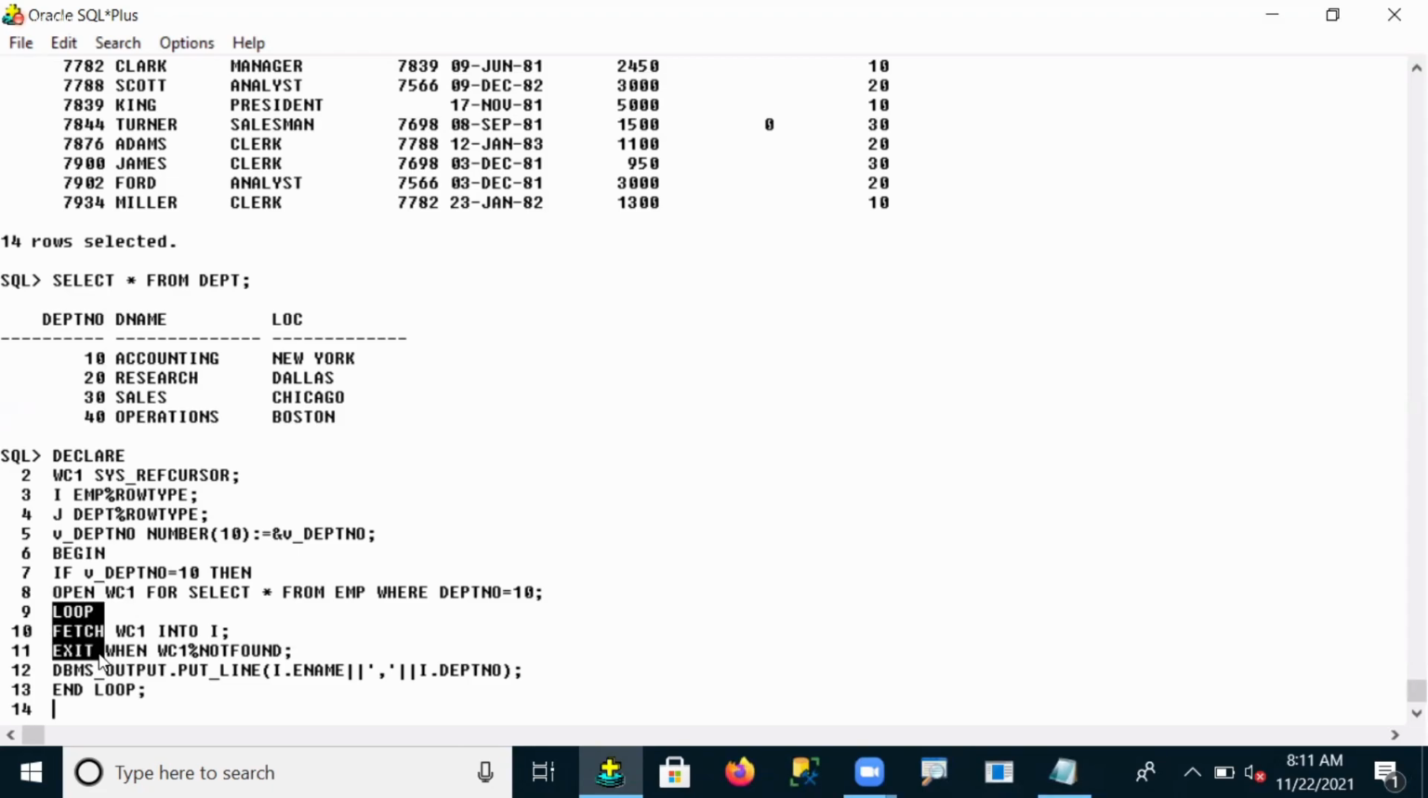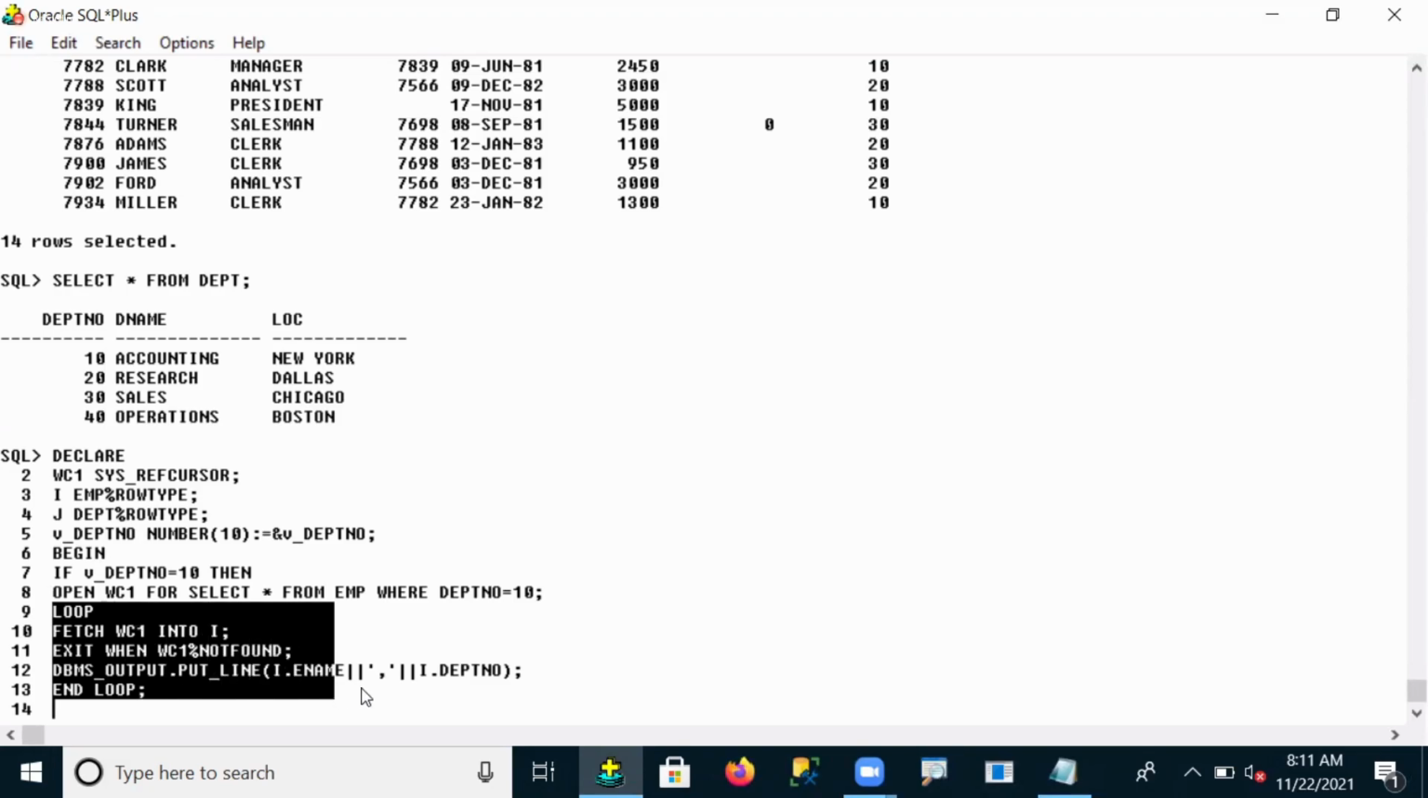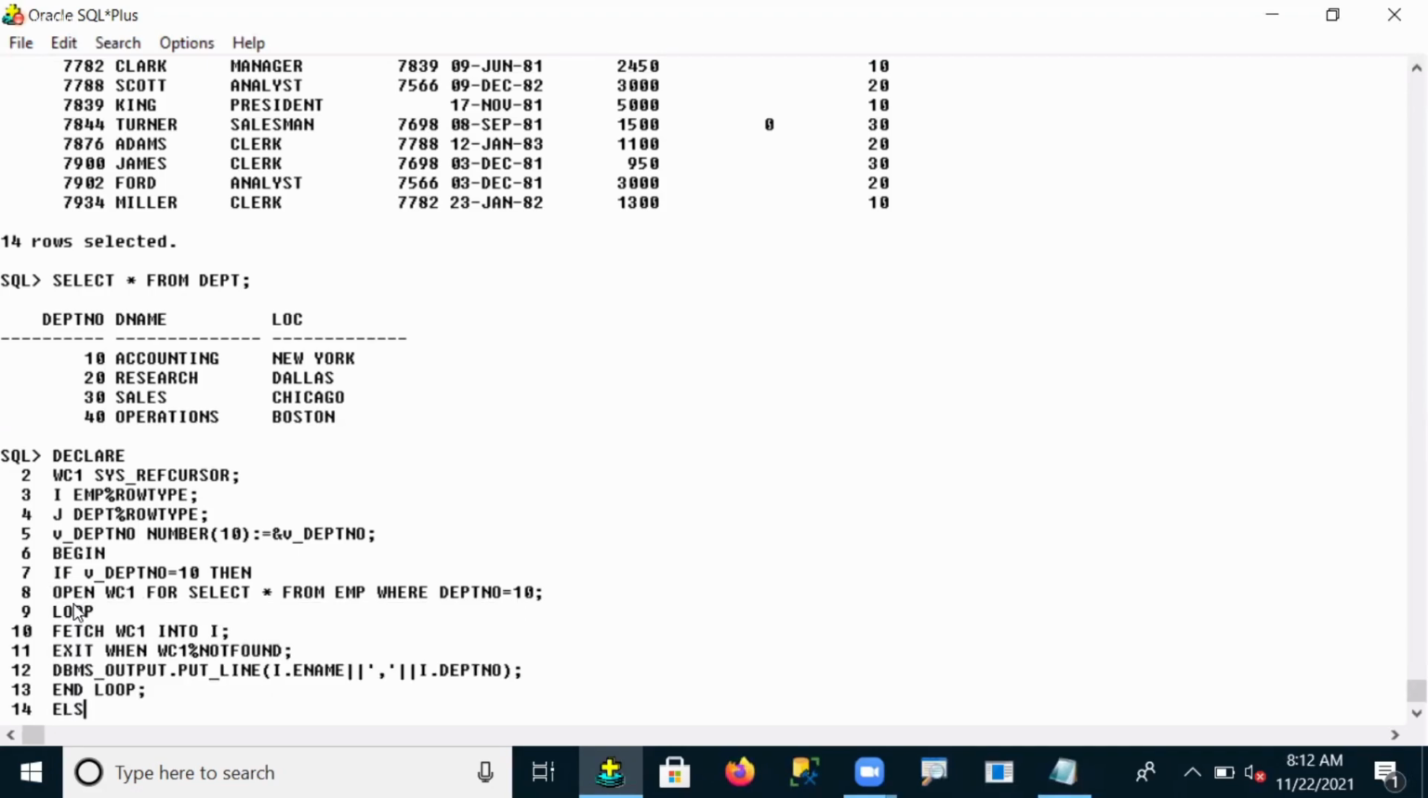And the loop will be fetching your data. By using a simple loop, we are fetching data one by one. So this we know. Same as here, where I was using an if condition, now I'm using if else. So else if